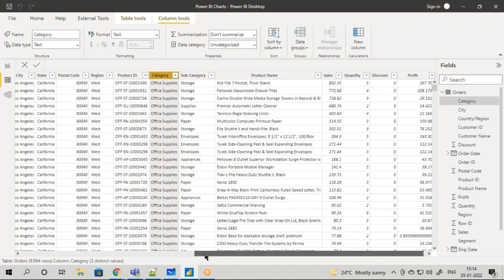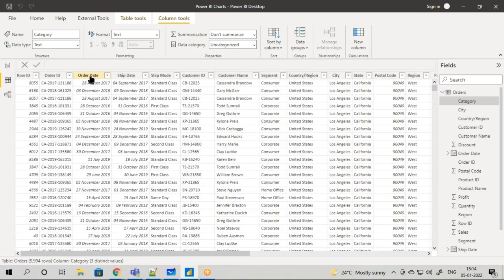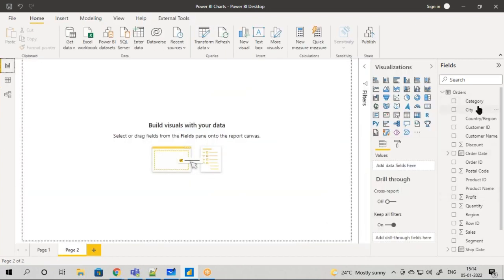And also we have something related to date information, which I'll take as a date data type. Now how do you differentiate whether it's a numerical, categorical, or date data type in this fields column?